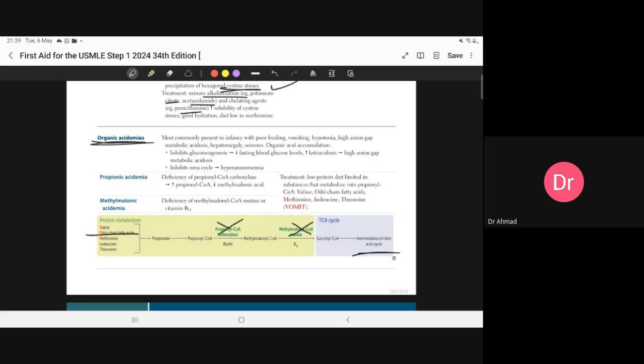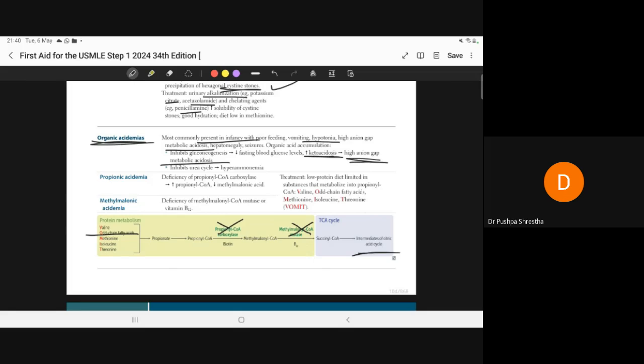So in this, the children present with failure to thrive, hypotonia, metabolic acidosis, because now your gluconeogenesis is not there, your glycolysis is not there, and you are relying on your fat metabolism, even chain fatty acids. You rely on those, and they can contribute to your ketone formation. So you see ketoacidosis, and that's why you see high anion gap metabolic acidosis too. Okay, they can contribute to it, but after some time, when the stores are depleted, you can see hypoglycemia there. Okay,